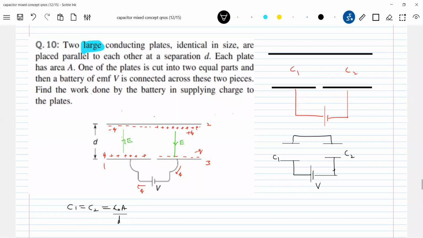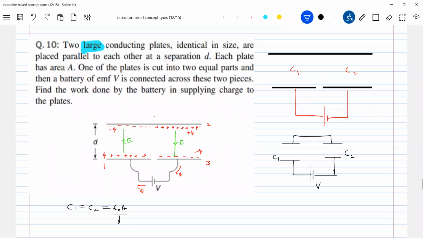Okay, small numerical. This you don't bother about. Parallel plates at separation D, each plate has area A. Even so, the charge will not have any effect because of the large plate; you need to bother because the field will be normal to the plate. What you're thinking is, if the field were directed like this, then there would have been an interaction. But the field will be normal to the plates. Okay, then work out this one.